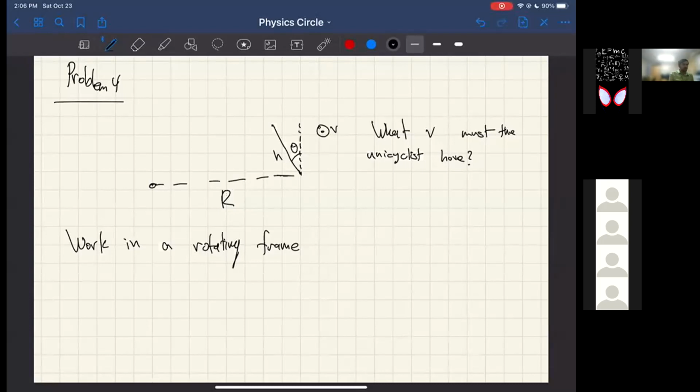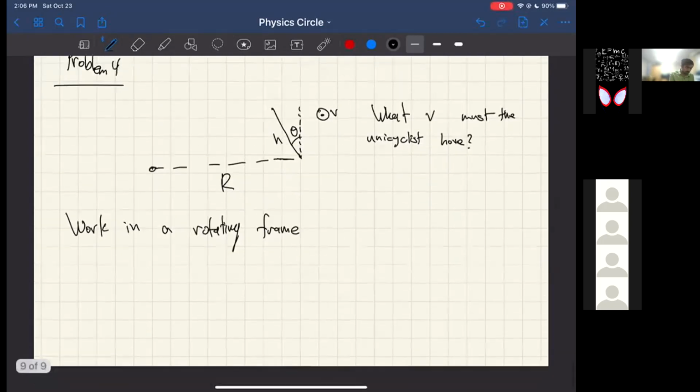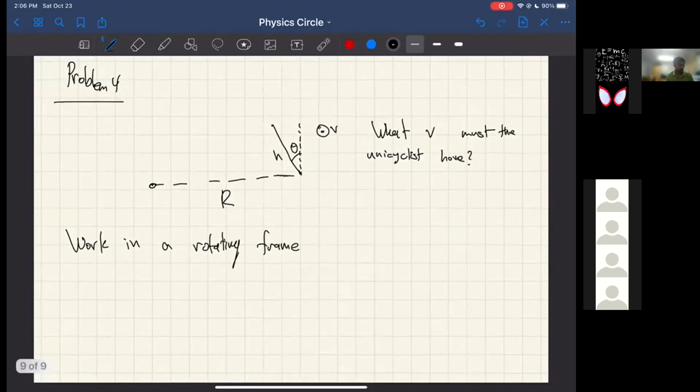All right, so we have to work in a rotating frame of reference, which is always very confusing to deal with. In general, I would recommend not working in rotating frames of reference, but in this problem it is necessary, I think. So what happens in a rotating frame of reference? In this case, the unicyclist